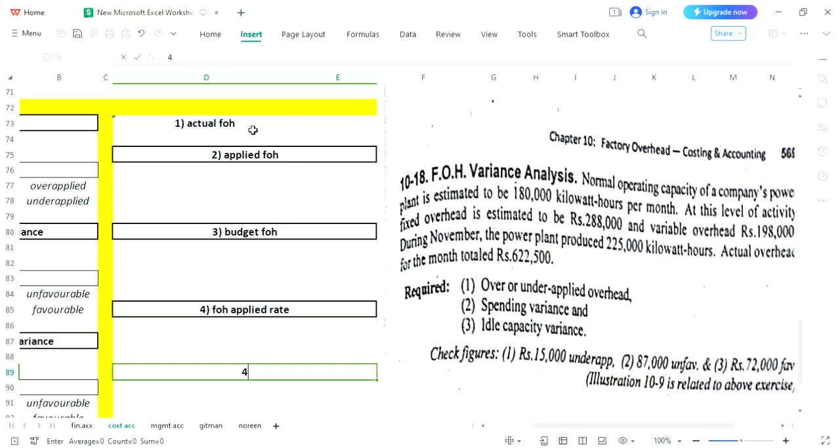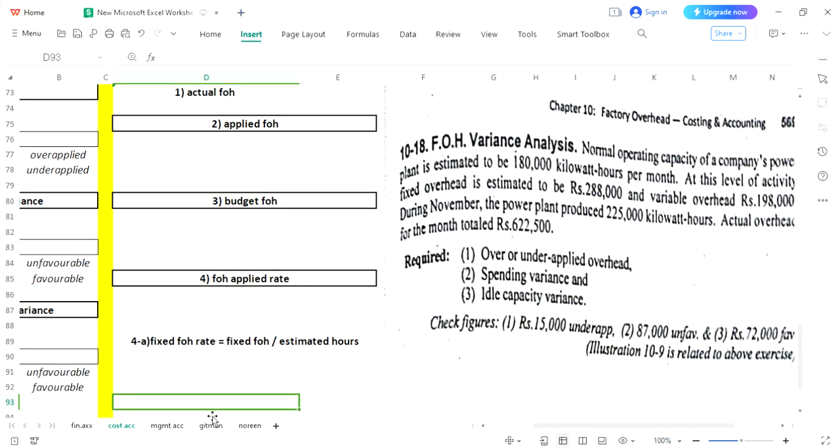4A, and in 4A you will calculate your fixed FH rate. And how will you calculate the fixed FH rate? By dividing fixed FH over estimated hours. So here is your 4A with which you will be calculating, and then 4B,